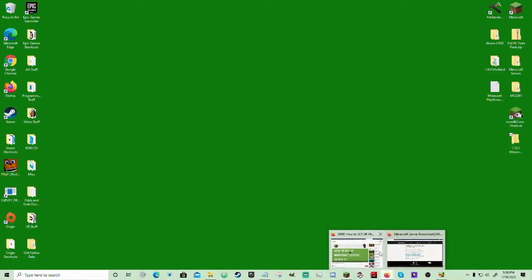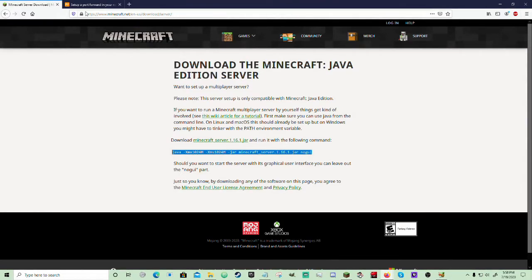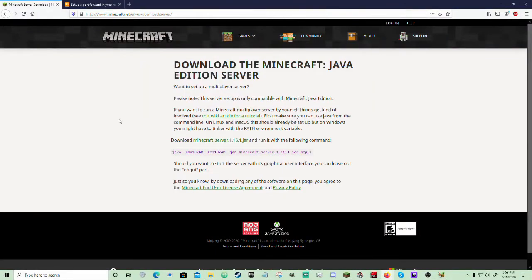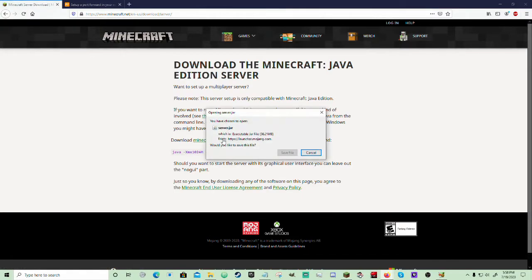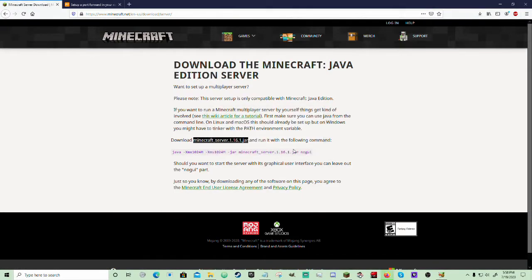Alright, on to the next step. You'll need to go to www.minecraft.net/nus/download/server. Then you'll need to download the base server file by clicking the underlined .jar file. Confirm the download